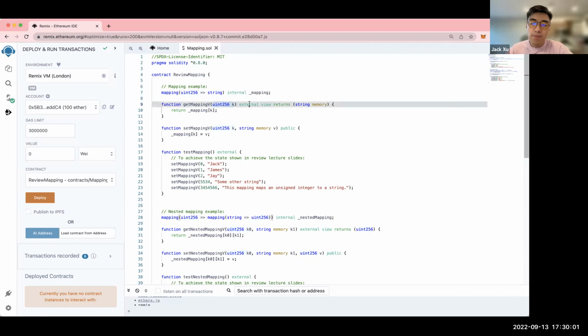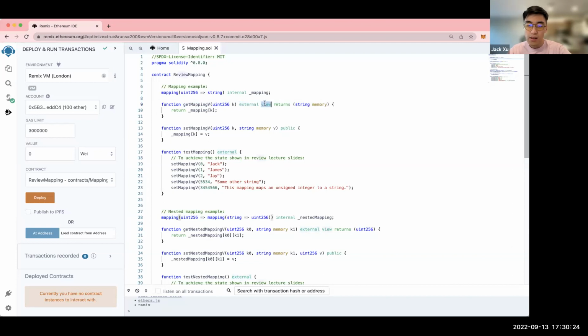Here we have external. That's visibility. The reason I'm using external is because I know for a fact that no other function within this smart contract will call get mapping V. So I just made it external, because external functions are slightly cheaper than public functions.